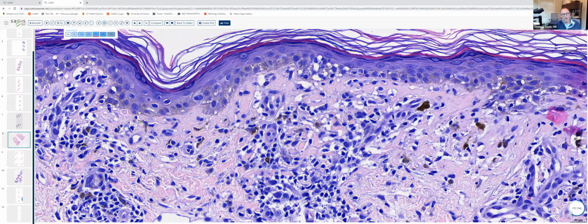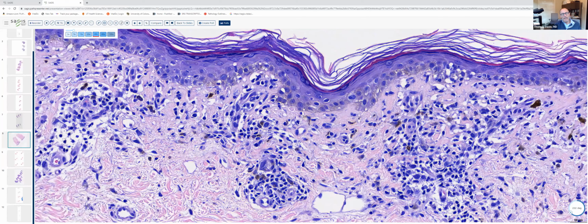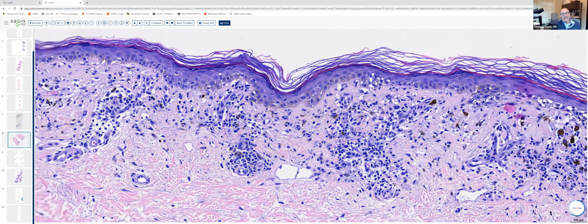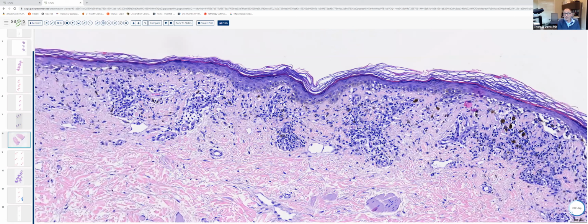So getting back to the case: thinned epidermis, vacuolar change, necrotic keratinocytes along the basal layer, and a patchy band-like infiltrate of lymphocytes and numerous melanophages. As it turns out, this biopsy specimen is from a Latin American individual with large hyperpigmented patches on the trunk and extremities. And this was a biopsy of erythema dyschromicum perstans,